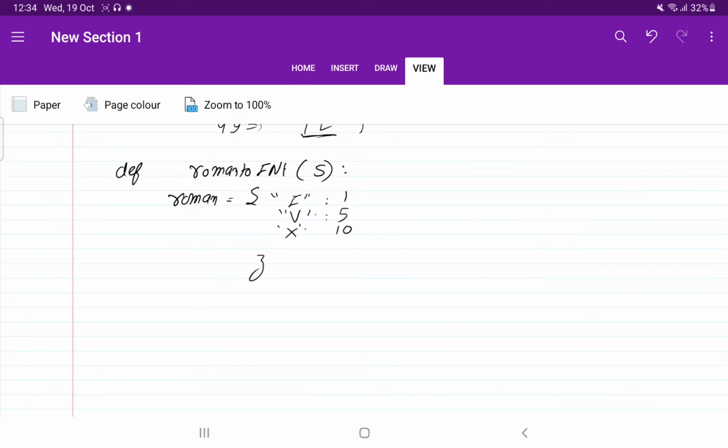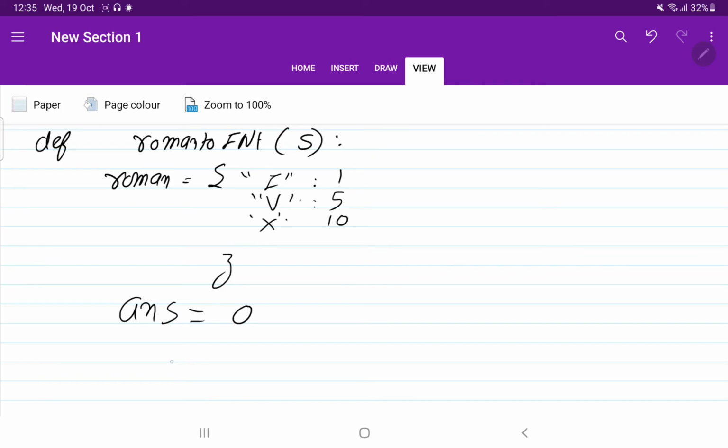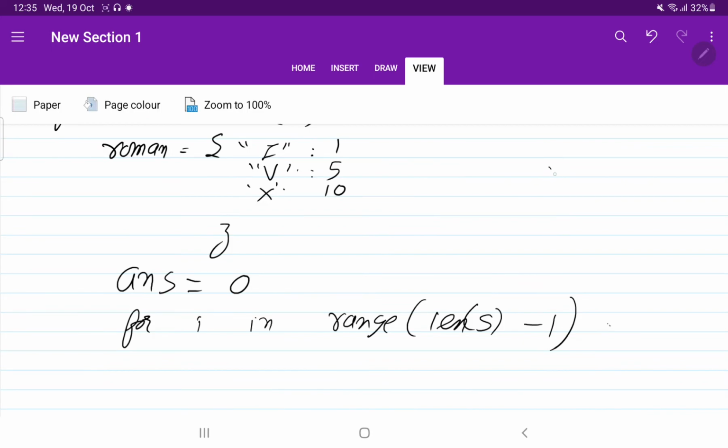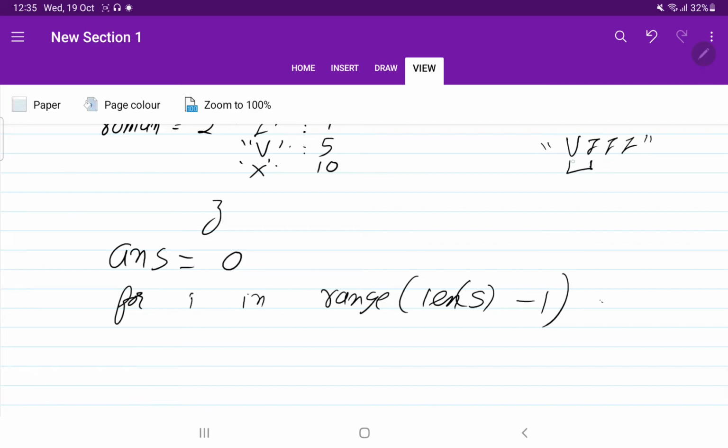Now what we will do, let's say this time answer is equal to 0. Okay, now what we are going to do is for i in range of length of s minus 1. So we are going to traverse the entire string. Okay, suppose like this, VIII. So first of all we will do the comparison whether they are in decreasing order or not.